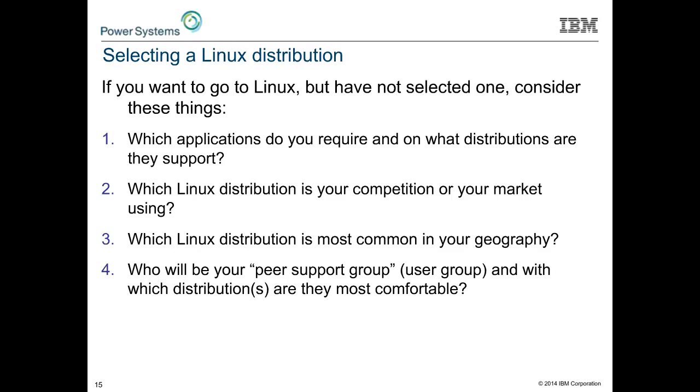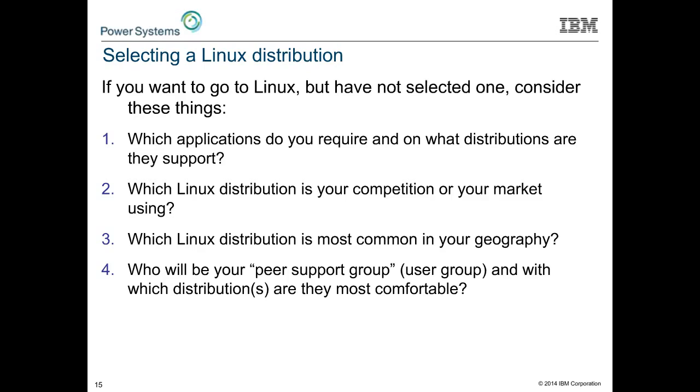So the first thing you should always consider when picking a Linux distribution is, does that distribution support the application set you want to run in your enterprise? That's the first question. That's the most fundamental question, but sometimes we forget about that. Sometimes applications will run on Red Hat, not on SUSE. Sometimes they'll run on Red Hat and SUSE and not Ubuntu. Sometimes they'll run in a Debian environment, thus Ubuntu, and not Red Hat or SUSE. It just depends. Always be aware of what operating system is supported by your applications.